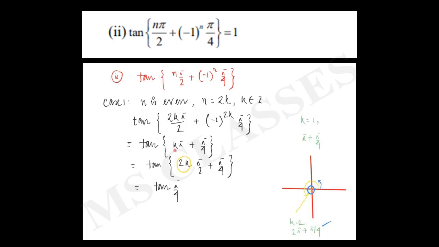So when k is odd, it will terminate in the third quadrant. When k is even, it will terminate in the first quadrant. If you want to analyze in a better way, that also you can do. You can take k equal to 2m, when k is an even number. Now that time what we have? 2m pi plus pi by 4. Because we have to analyze that these angles lie in which quadrant.